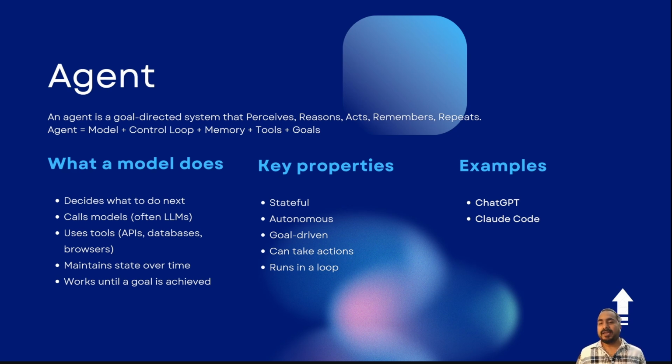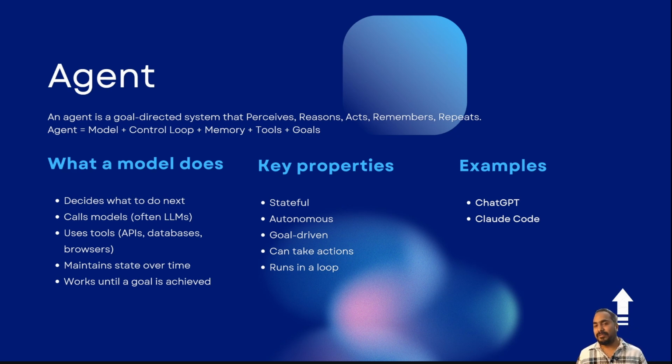Let's put this all together in a clear comparison. Basic nature. Model is a function. Agent is a system. Model is stateless. Agent is stateful. Model is passive, only responds. Agent is active, it takes initiative. Model has no goals. Agent has objectives to achieve. Model has no memory. Agent has persistent memory. Model generates only outputs. Agent can use tools and affect the world as actions.